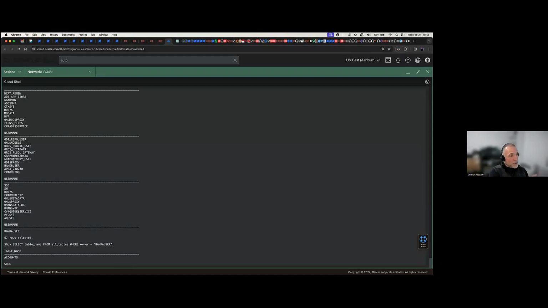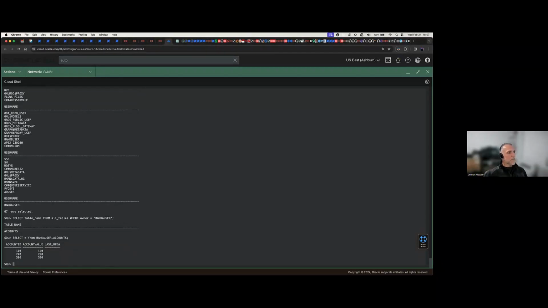And we can see accounts. And remember that when I showed you the logs, we created the accounts table. And I'm going to now select from this table. And here you can see basically the account balance. Suppose that these are dollars, right? And the account value, suppose that these are dollars.